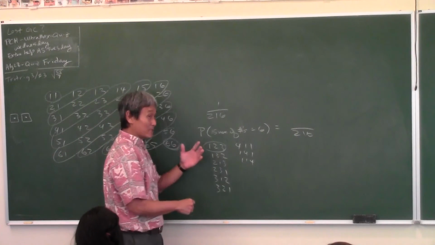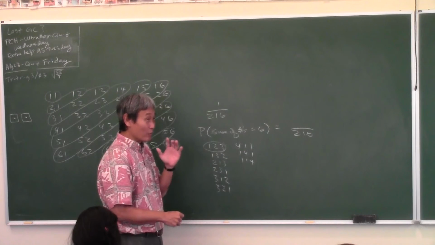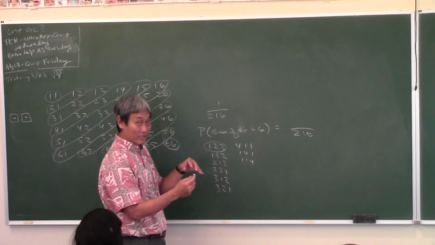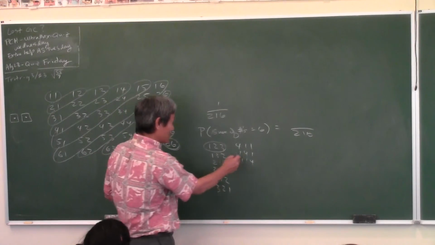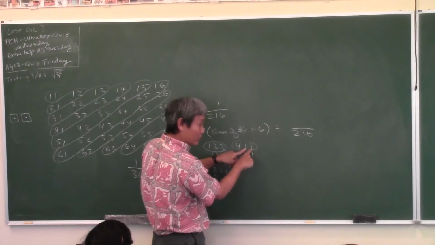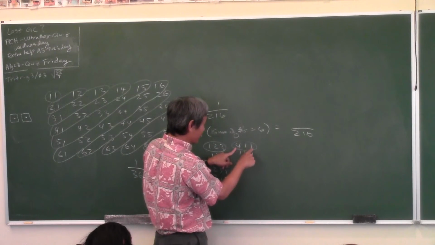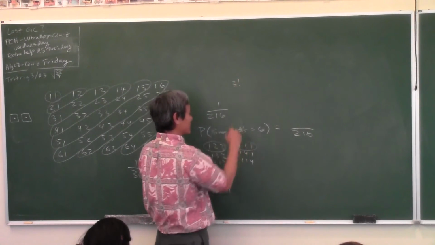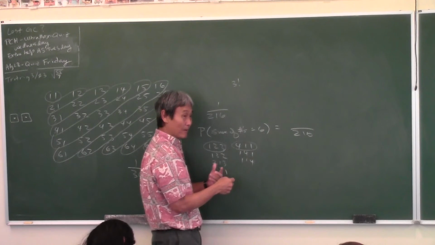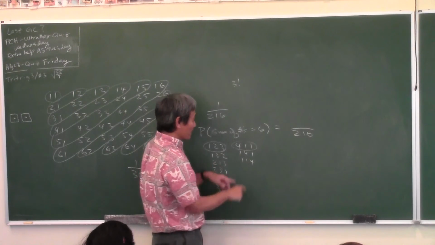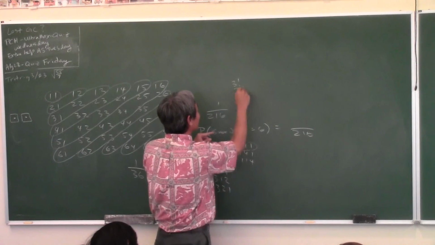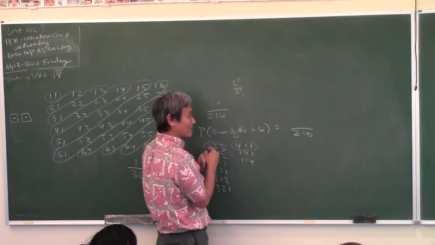Yeah, remember Mississippi? How many different words can you spell using the letters of the word Mississippi? That's what this is, except you have two repeated ones. If all three of these were different, wouldn't the answer be 3 factorial? Remember? But since these two are the same, you have to divide by 2 factorial, and what does that come out